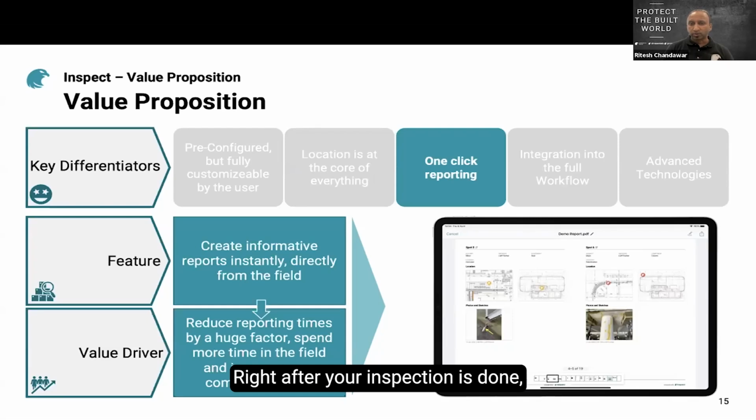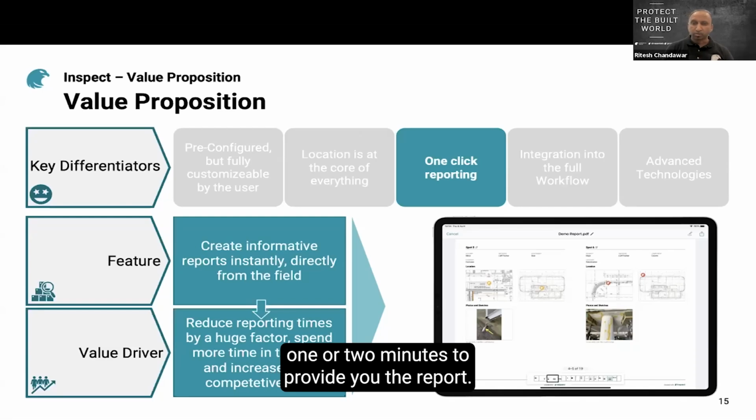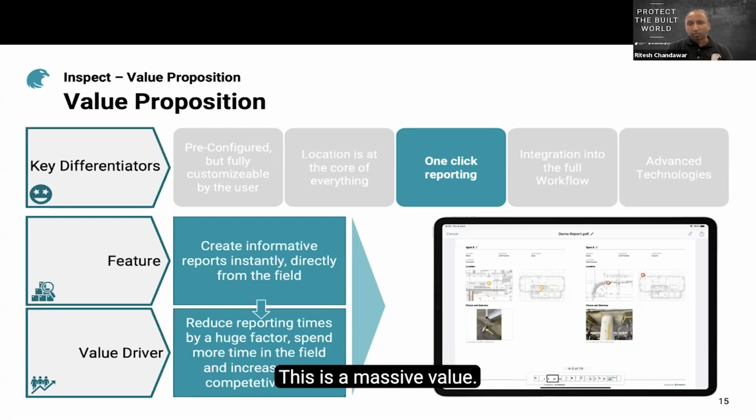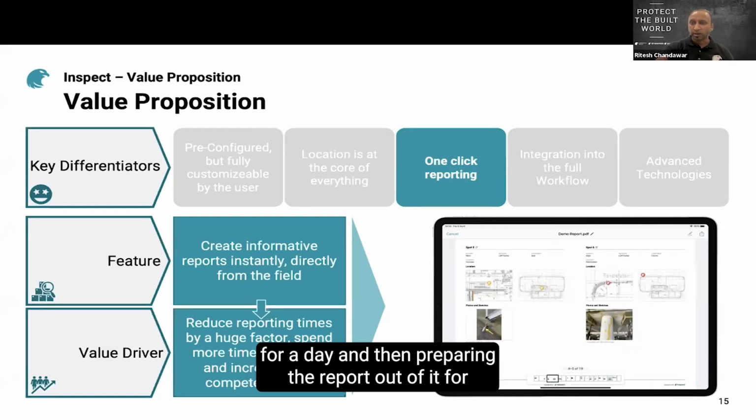Okay. One-click reporting: create an informative report instantly and directly from the field. Right after your inspection is done, you can generate a report, and it will not take more than 1 or 2 minutes to provide you the report. This is a massive value. We have seen that people are collecting the data for a day and then preparing the report out of it for